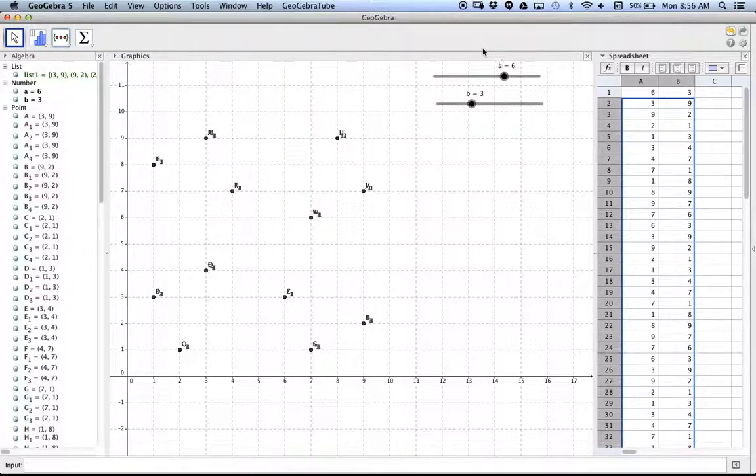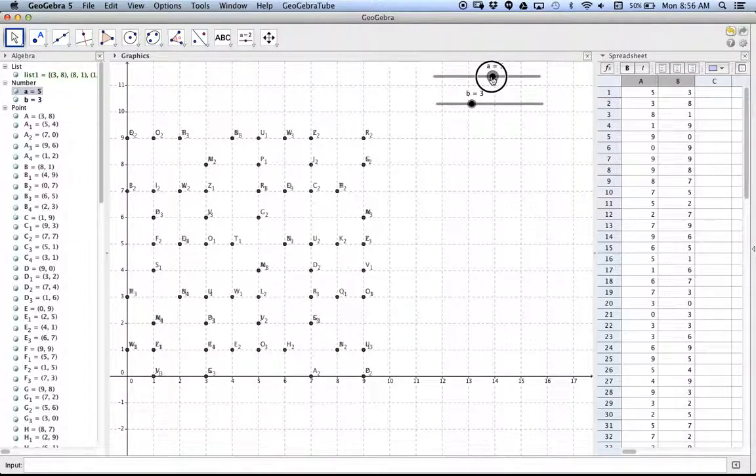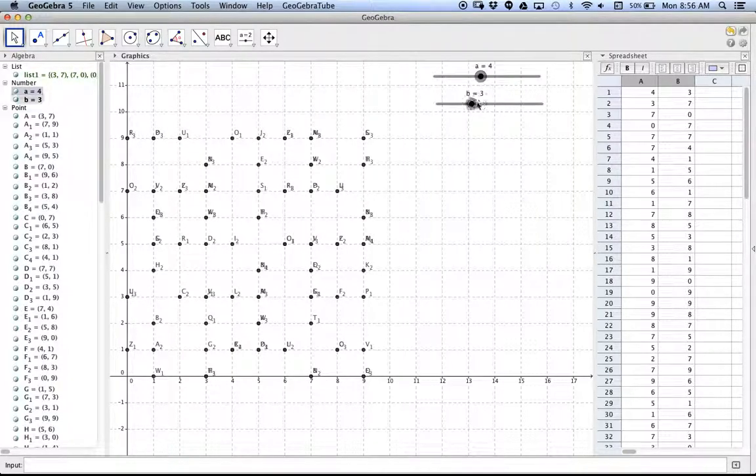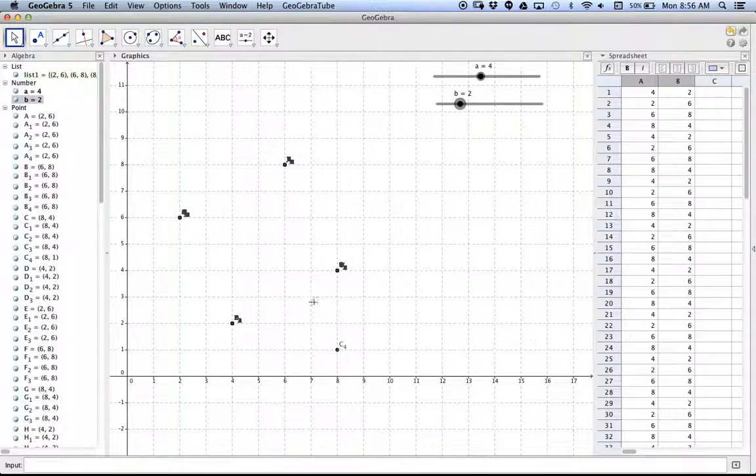And what we see is that when I have 6 and 3, I get 12 distinct points, which makes sense because I had to do 12 iterations of the problem description in order to get to this point. So now I can just play around with this, and however many points show up is how many steps it would take. So if I look at 6-3, I see, oh, that's 12 steps. If I look at 4-2, I see, oh, that is,